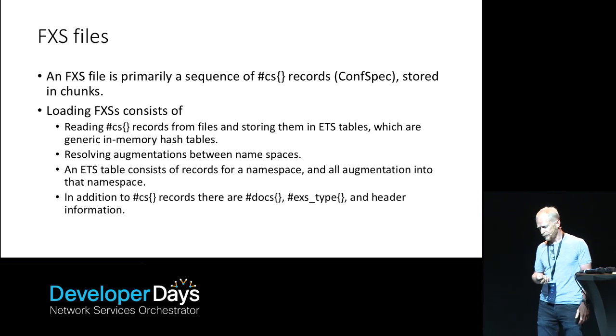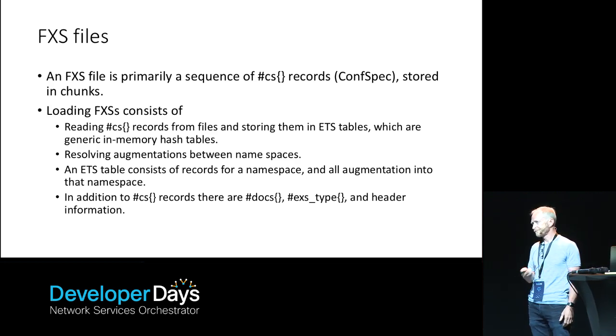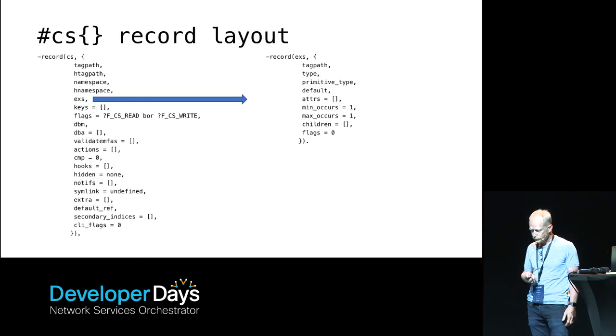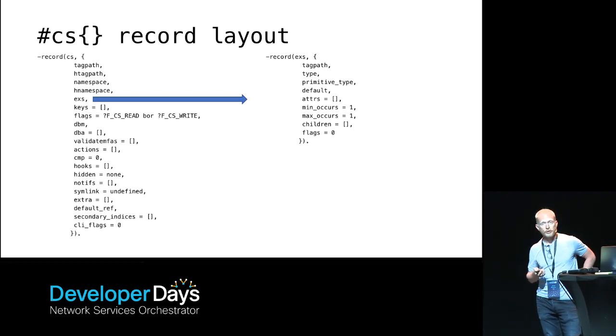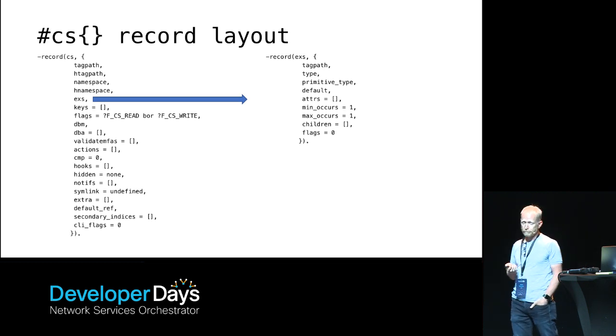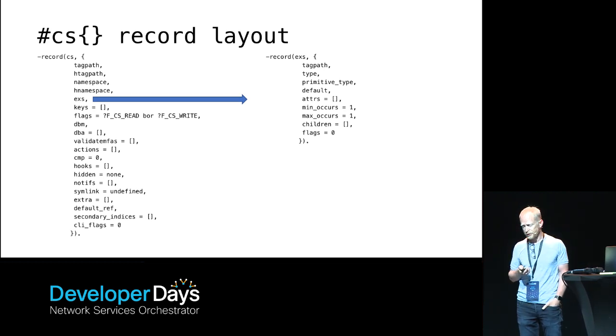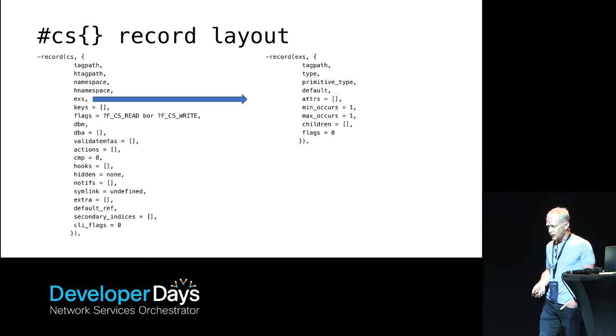They're not necessarily, and it also makes possible reuse between different nodes, so they can refer to the same type. So if we look at one of these CS records, this is what they look like. This is Erlang syntax, but I think it's fairly straightforward. It's just a struct or a record that has a name. It's called CS, and then it has a whole bunch of